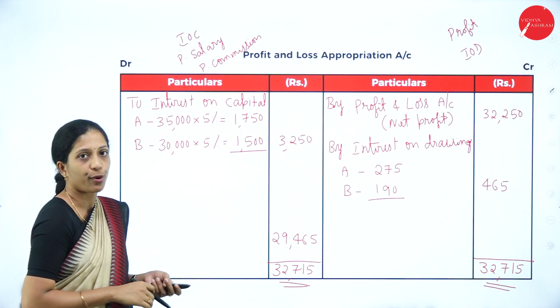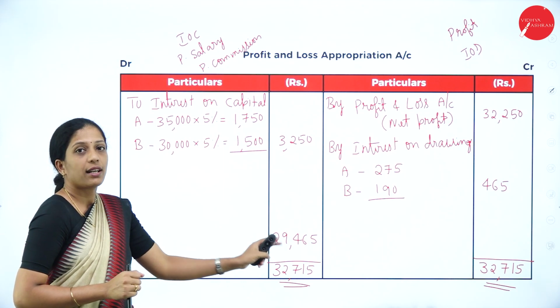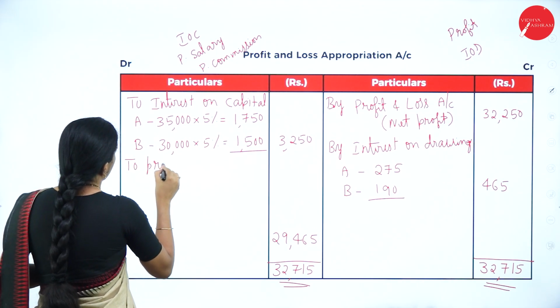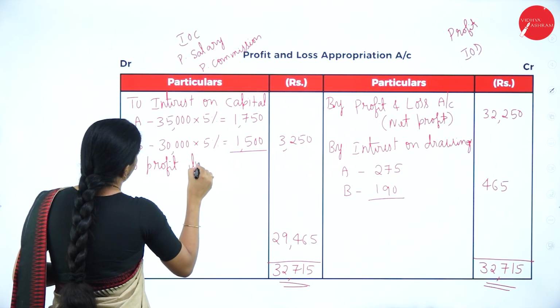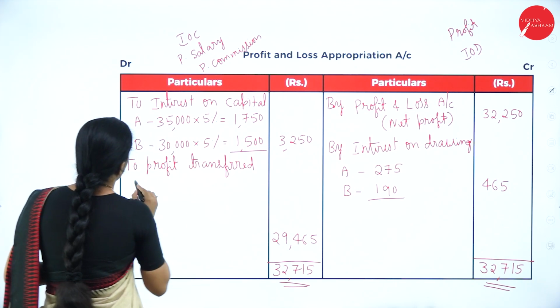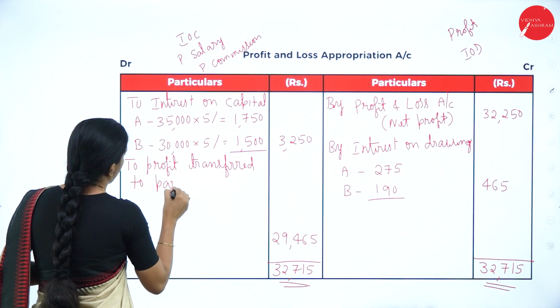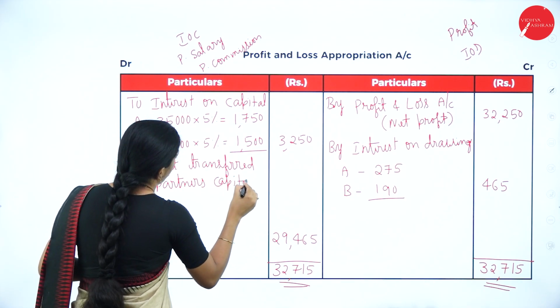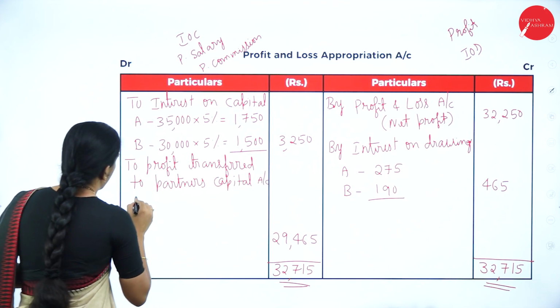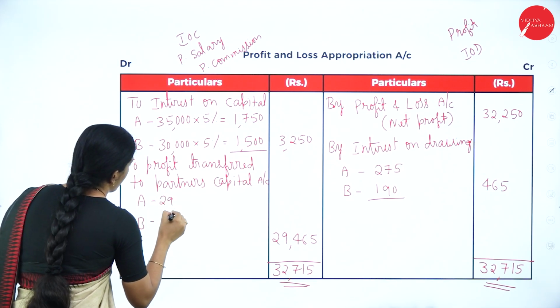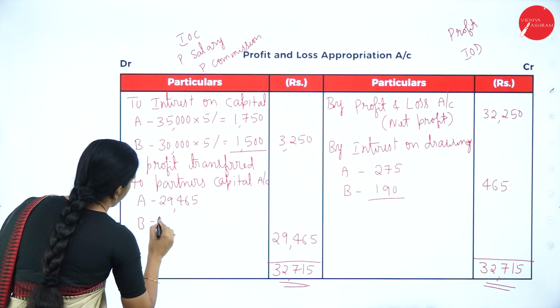So what is it? Profit. So what is the profit? 29,465. So where do you transfer it? To profit, transfer to partners capital account. Who are the partners? A and B. What is the profit? 29,465